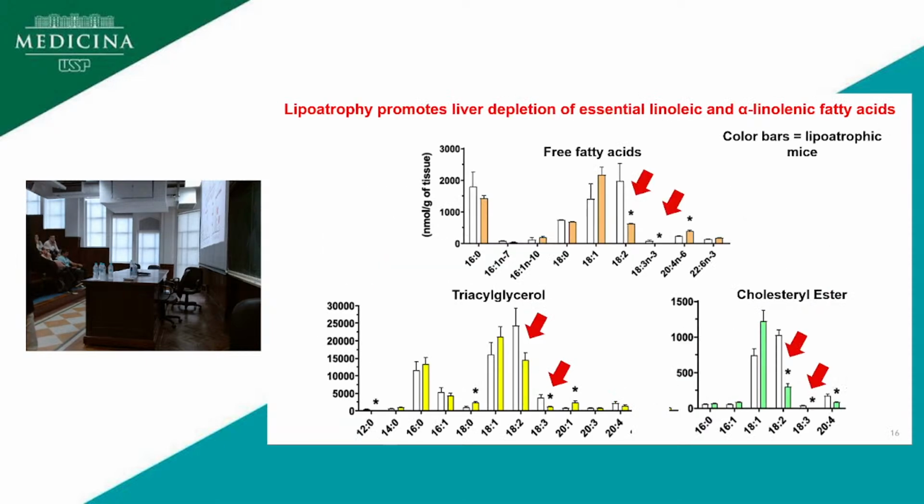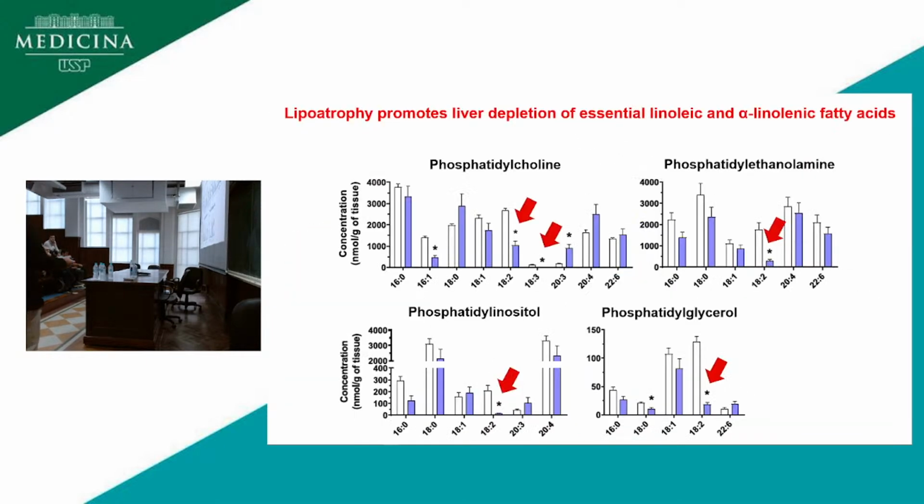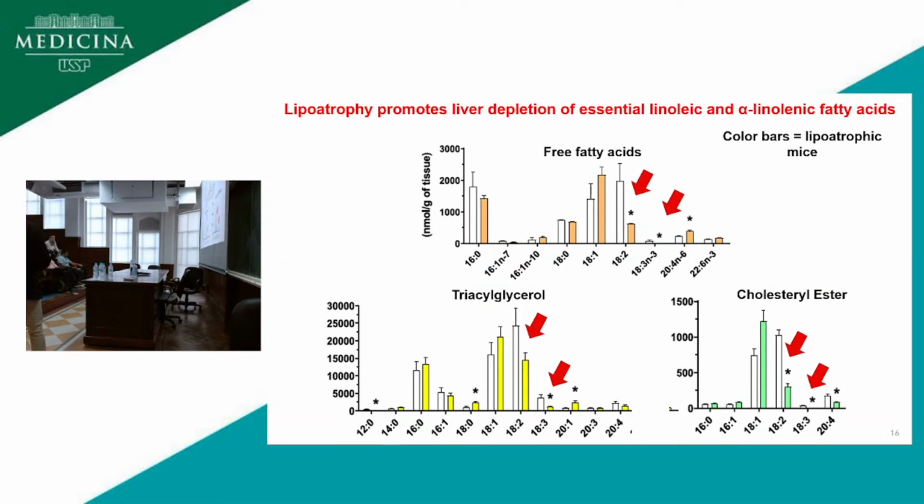Okay? So another important function of futile metabolic cycles is to promote the remodeling of some molecules in the body. So as I'm talking about a futile metabolic cycle between fatty acids, what we did was we performed a lipidomic analysis in the liver of these mice to evaluate how the lipids were responding in these mice.